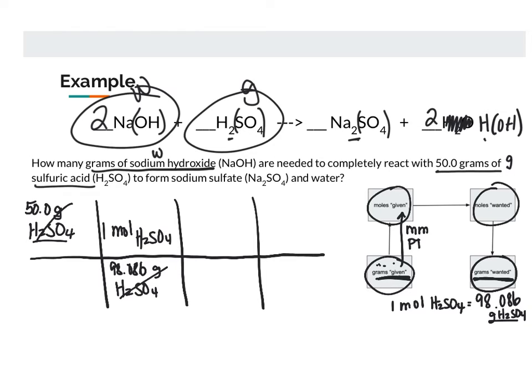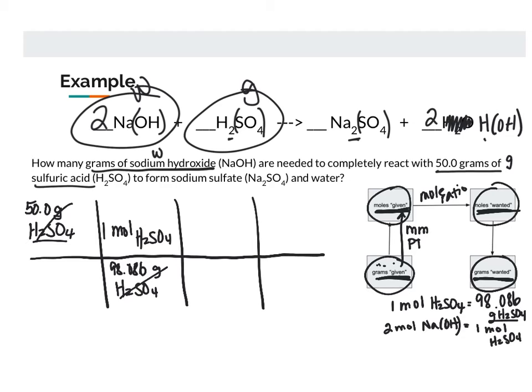My next step, I have to go from moles of the given substance to moles of the wanted substance. Okay, so when I'm going from one substance to another substance, the only way that I can do that is to look at my balanced chemical equation and find my mole ratio. So looking at my balanced chemical equation, I'm going to make that ratio or that comparison between the two different substances. So I see that I have 2 moles of NaOH, and that's going to be equal to 1 mole of